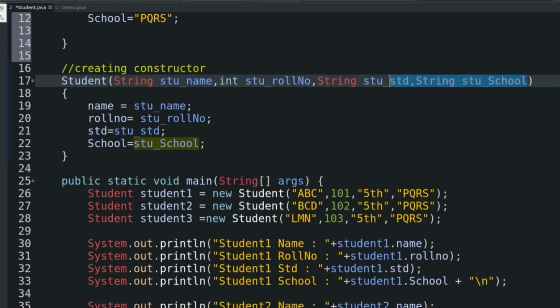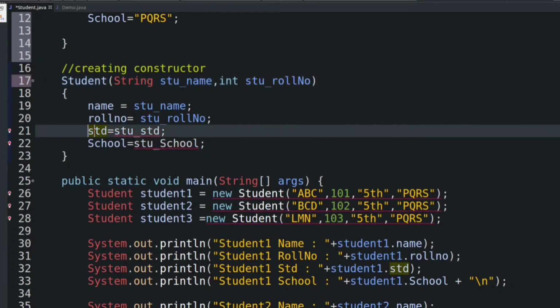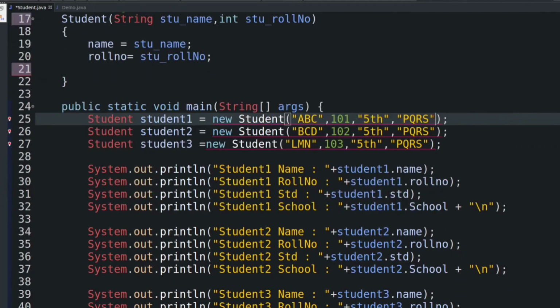Okay, now I'm going to remove the common code from constructor because we already wrote it inside an instance block. Remove this also. Okay, remove from this also.